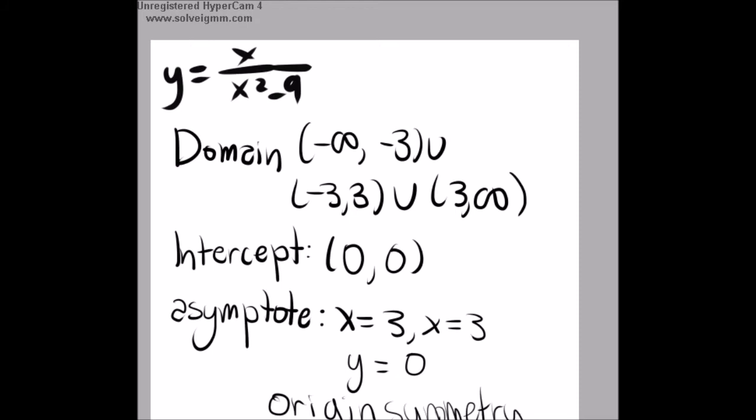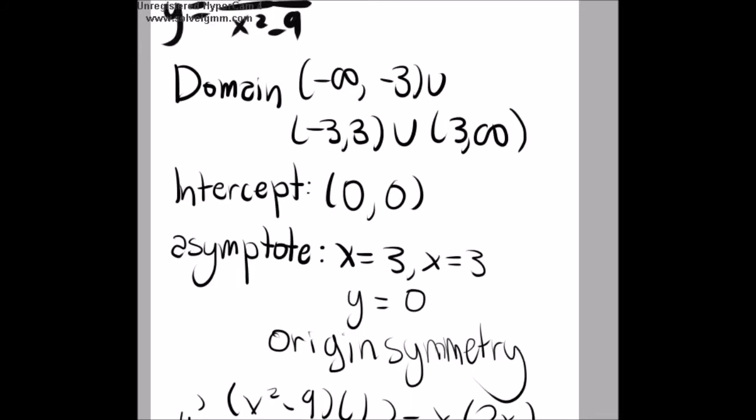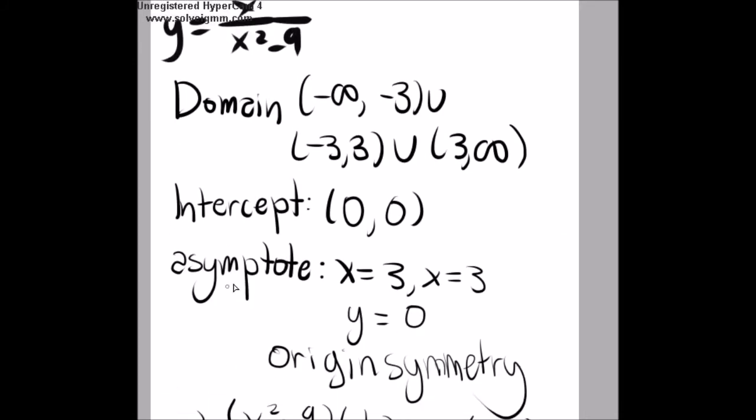But anyway, so the domain of this function is negative infinity to negative 3, union negative 3 to 3, union 3 to infinity. And there only ends up being one intercept, which is at (0, 0). There ends up being 3 asymptotes total, 2 vertical and 1 horizontal, and these are x equals 3, x equals negative 3,